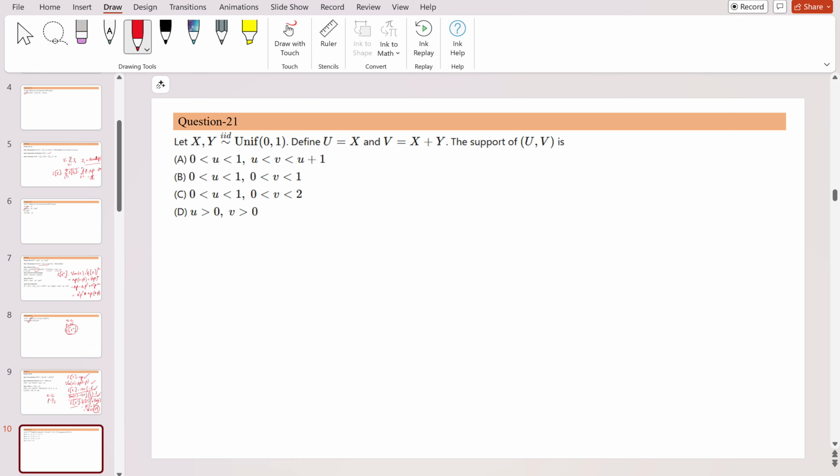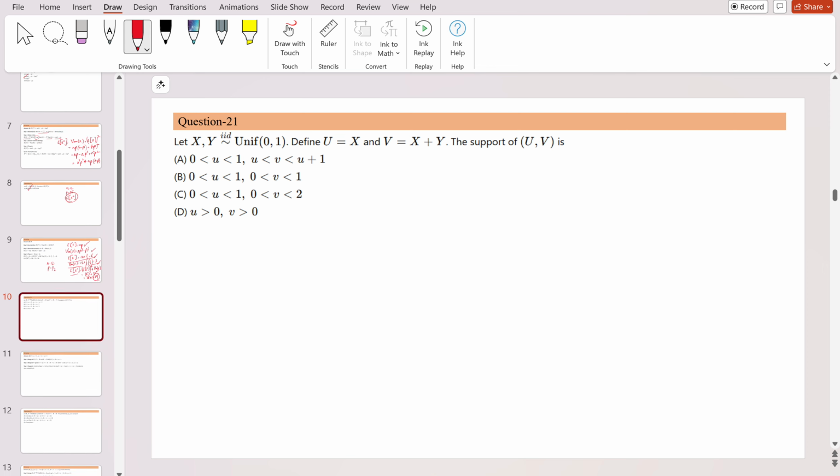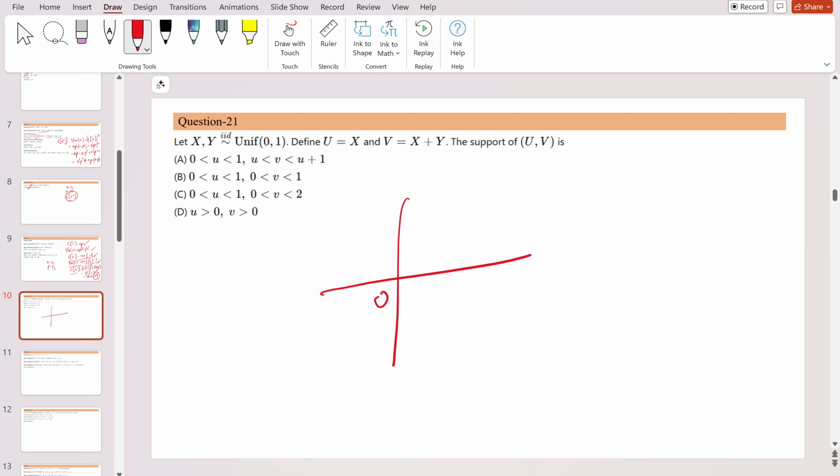Okay, let me give the solution for this. It is saying that x and y are in the uniform distribution of 0 to 1. That is simply 0 to 1. It is a uniform distribution. And then it is saying that u is equal to x and v is equal to x plus y. It is asking what is the support of